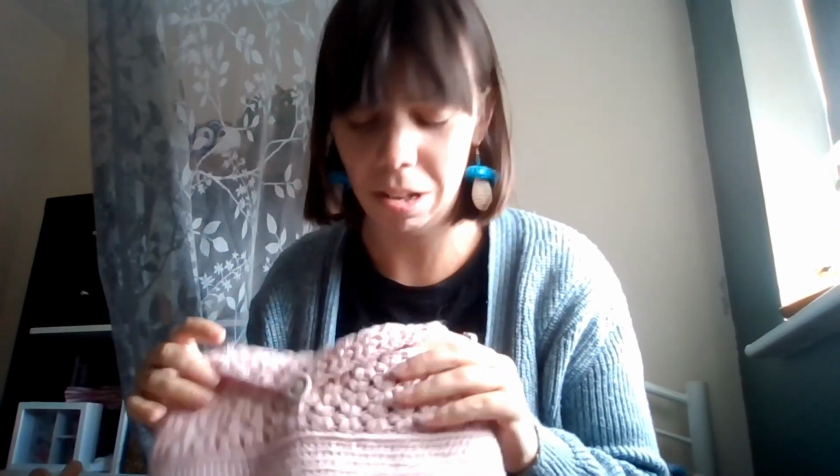It needed a bit more structure, so I knew I needed to line it. And because it was so floppy, I knew I needed some interfacing as well. I've only done 2 sewing projects before, very, very novice. So I decided to give it a go to line these bags. This is the first one I did. So you can see in the back,